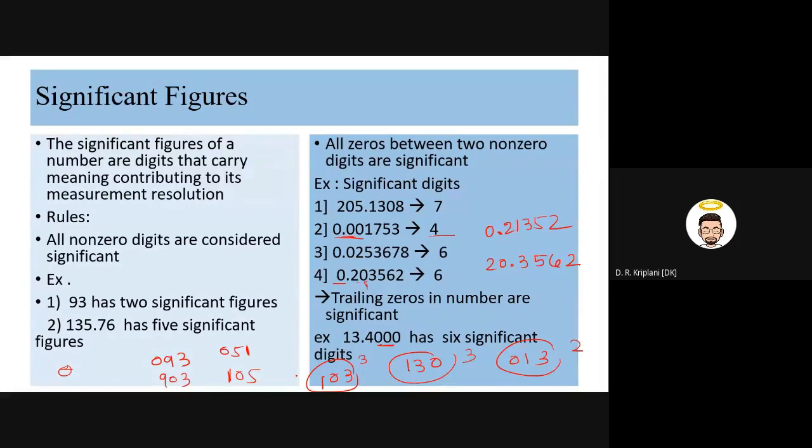If there is a number before the point and after the point it starts with 0, then? Let us write here 4, and after the point 0, then 1 2 3, like this: 4.00123. So both the 0s will be considered as a count, a significant digit. Okay, so what is the answer of this one? That is equal to 6.